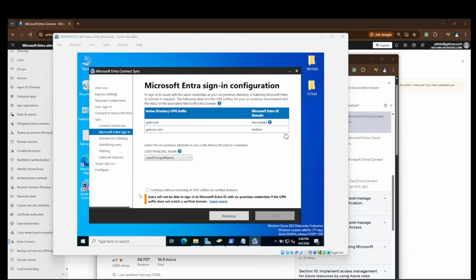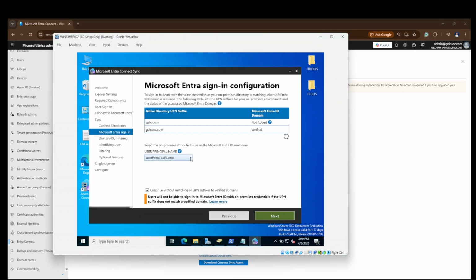So we're gonna check this checkbox here, continue without matching all UPN suffixes to verified domain names. Actually, our suffix is already jellosec.com, and I think the synchronization will still match the jellosec.com here.